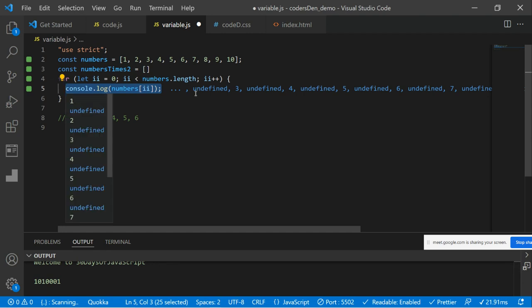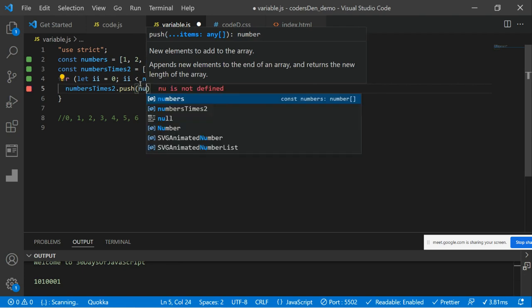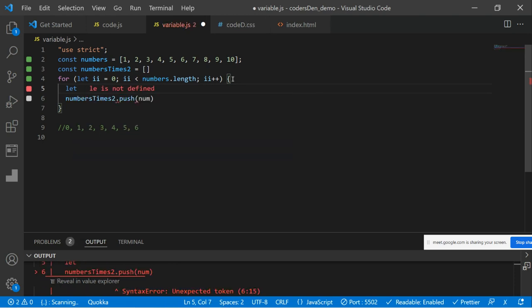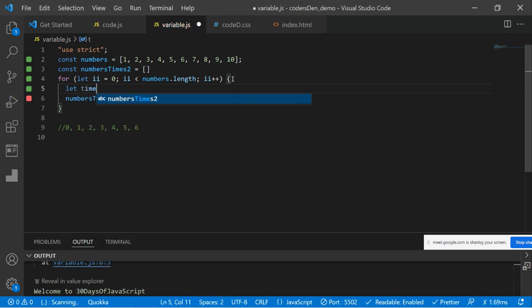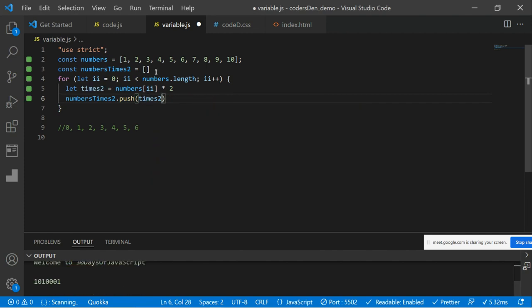So if I want to multiply it by 2, it is going to be numbers dot length multiplied by 2. So it's going to be numbers times 2 dot push. Then before that, so that it will be more explanatory, let me first multiply each of them by 2. Let's times 2 equal to numbers I multiplied by 2. So I am going to push times 2 inside. That is, I am creating a variable, and the variable is going to be each of these,